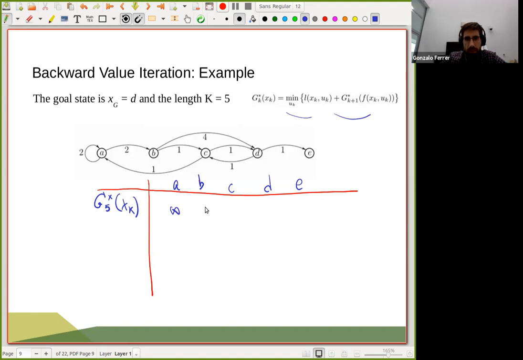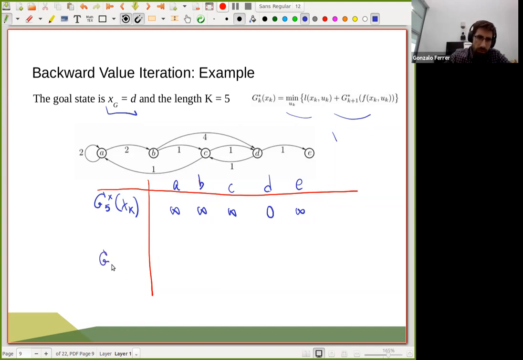I'm going to give you a clue. All states are not the solution except for D. I forgot to say this. Oh no, I didn't forget, it's here. So the goal state is D. What I'm doing here is just saying I'm going to evaluate all states. At the last iteration, there's no action to do, there's nothing to optimize, it's just evaluating nodes. The only one that gets a value of 0, because we define it this way, is the goal state, and all the others are infinite or whatever number, right? So far this looks reasonable, right?